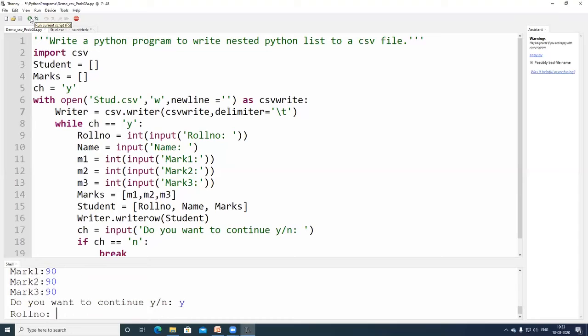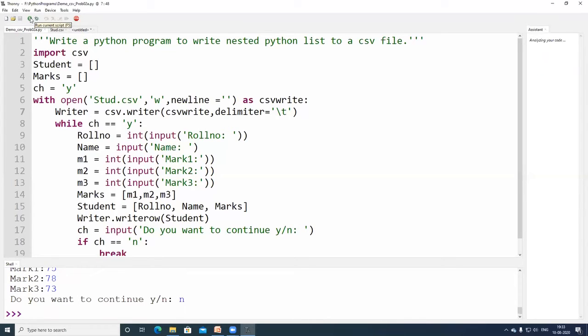I want to continue. I'm entering the number 2. Sendil, mark is 95, 95, 95. Then yes, roll number 3. Shruti, 75, 78, 63. Do I want to continue? No. I have written it.